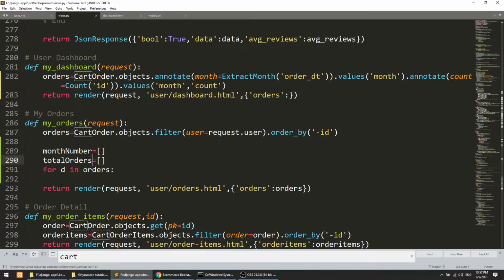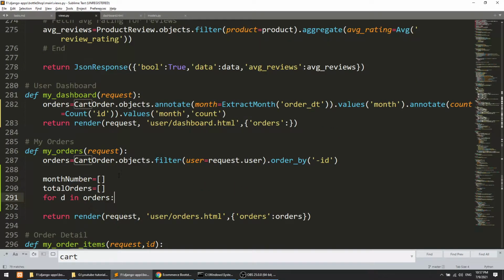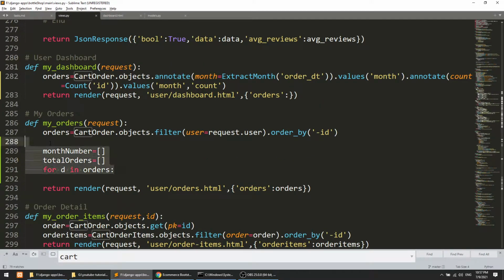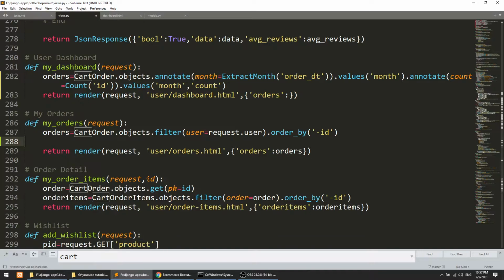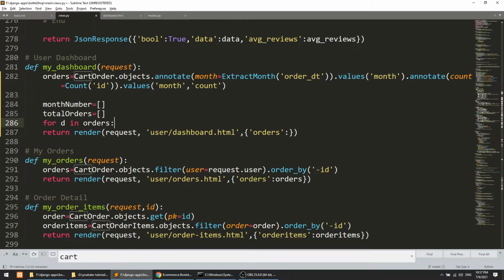The loop is over the orders, but the values will go into these lists.